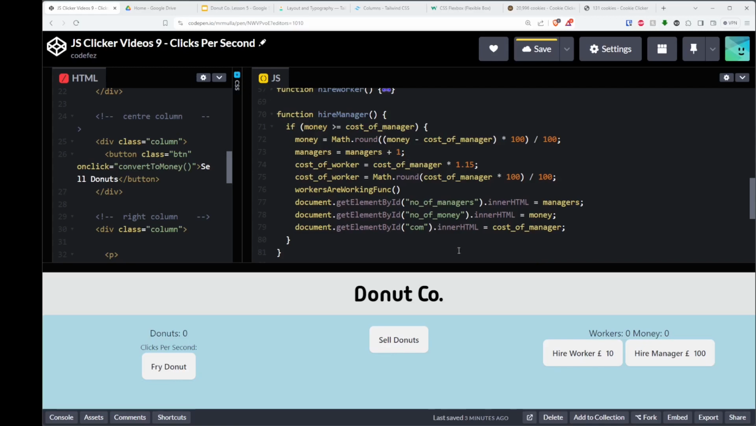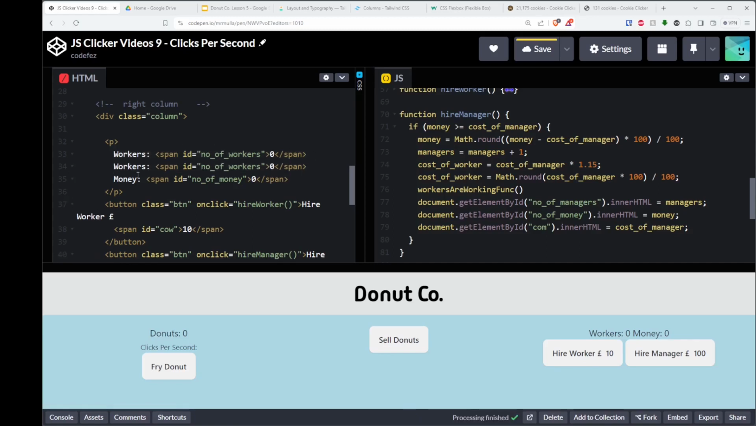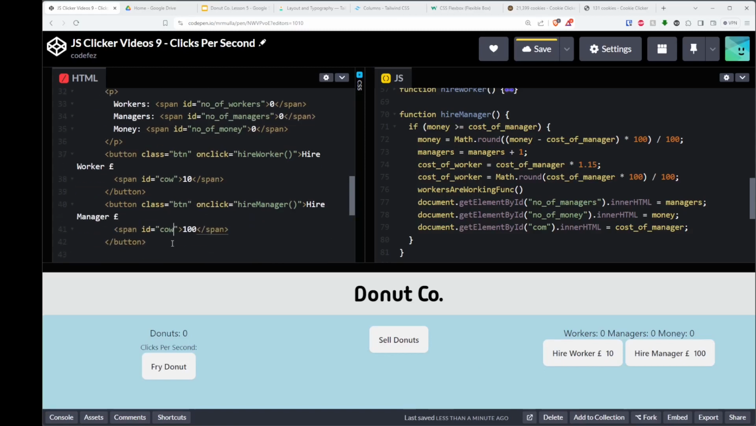Obviously I'm missing something here. Well, we've got workers, we need to have managers here as well. So got workers, we'll borrow that. And we'll say managers. Managers, number of managers. What does that leave us with? We've got cost of in our button where we say hire manager, we said that should be cost of manager, not cost of worker. So I think we kind of cover all bases now,